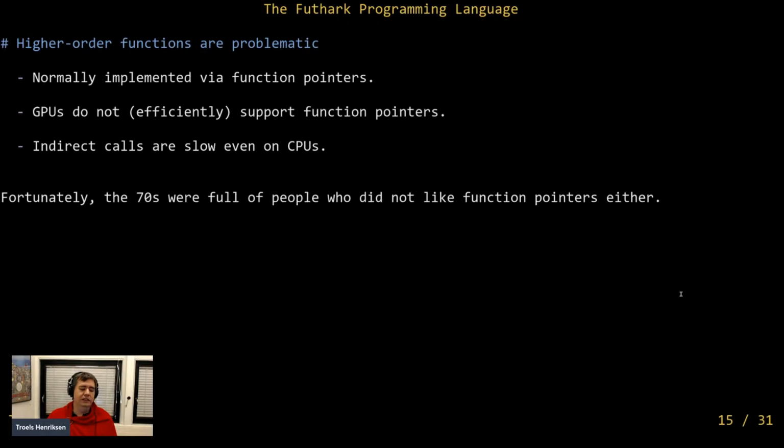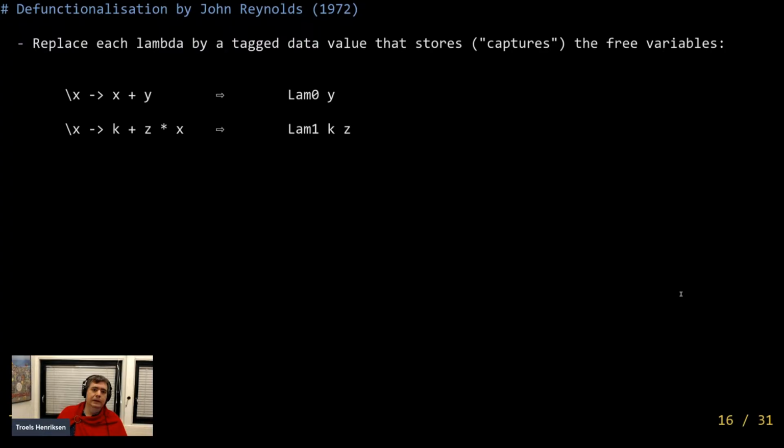And this is not because they needed to get their code running on NVIDIA GPUs, but they wanted to apply some static analysis techniques that could not cope with higher order programs, which means programs that have higher order functions, which is kind of equivalent or isomorphic to our challenge with function pointers. So John Reynolds, back in 1972, made a great contribution to GPU programming when he invented the idea of defunctionalization. And the idea is that you take a high-order program, that's a program that actually has first-class functions, and you transform it into an equivalent program that does not have first-class functions.